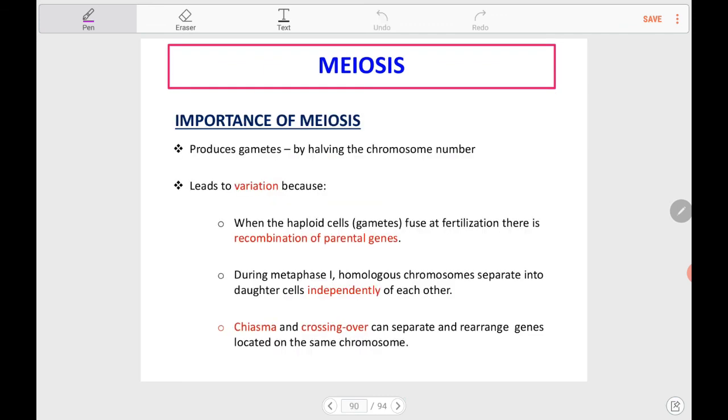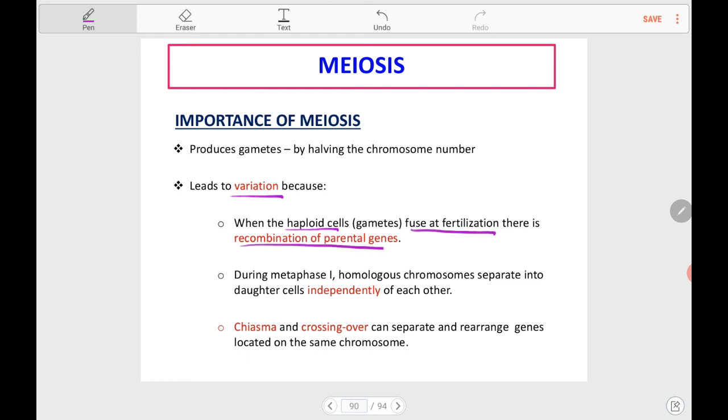Importance of meiosis. So there are a few importance of meiosis. So the first one is to produce gametes. Kenapa produce gametes? Sebab gametes mesti ada haploid number of chromosomes. Since meiosis can do that, that's why meiosis involved in production of gametes. Secondly is to produce variation. So the first one is when the haploid cell ataupun gametes fuse during the process of fertilization, there is a